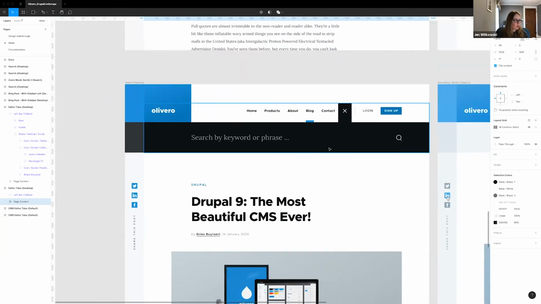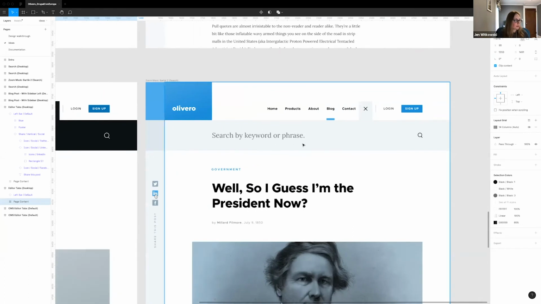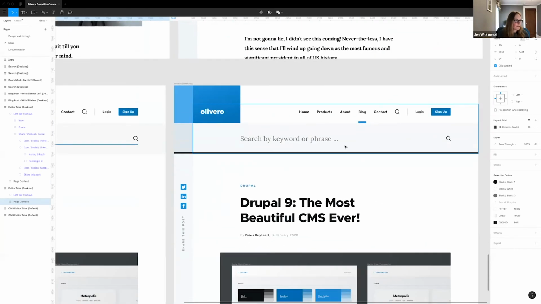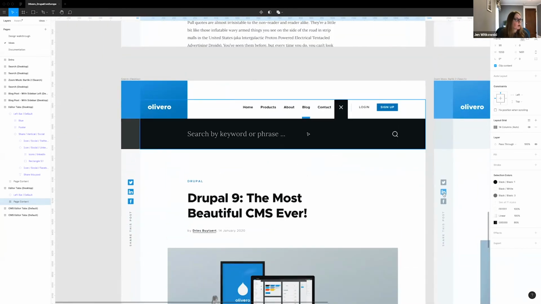And finally, search. This is the design that we are moving forward with for search in the Olivero theme. But when we had first started exploring search, we took a much lighter approach. We got some feedback that this actually didn't feel like a search box. It felt like it was actually part of the theme design. So we had done a little bit of exploration around search to include underlines to make it feel more like a search box. But in the end, we moved forward with this one because it was the more simplistic one that fit with the theme.